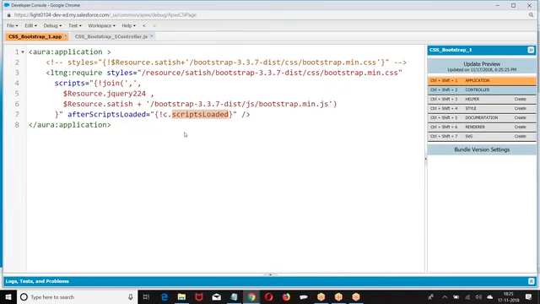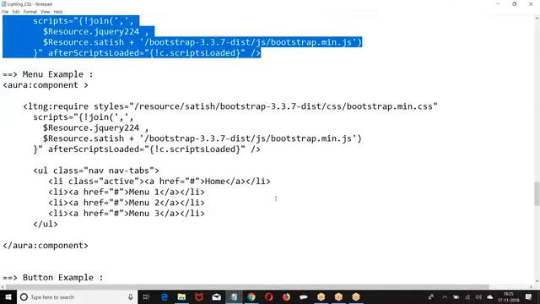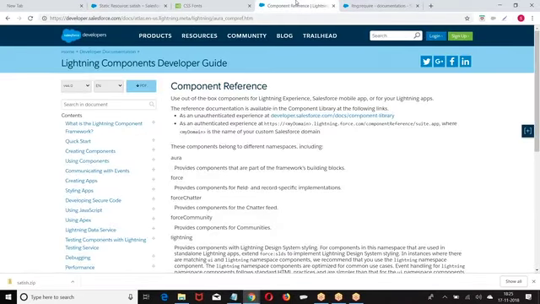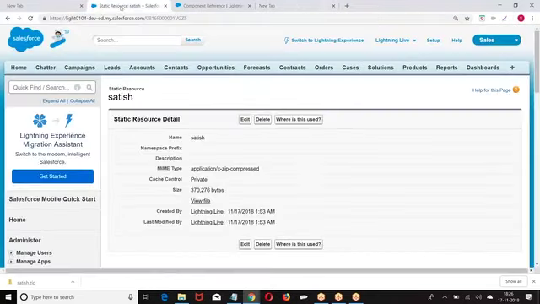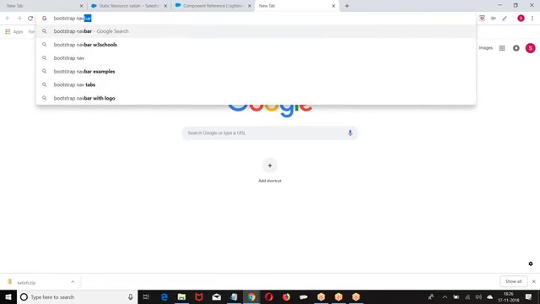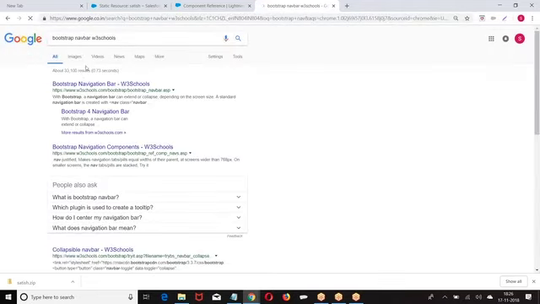Okay, you have included it, very good. Now my example is I want to go for navigation tabs. So look at this. Whatever we find in the Lightning Design System, a similar format will be there in Bootstrap also. Whatever the BEM model is in Lightning Design System, the same will be available here. So I will close this and open the Bootstrap navigation bar. W3 also has this.